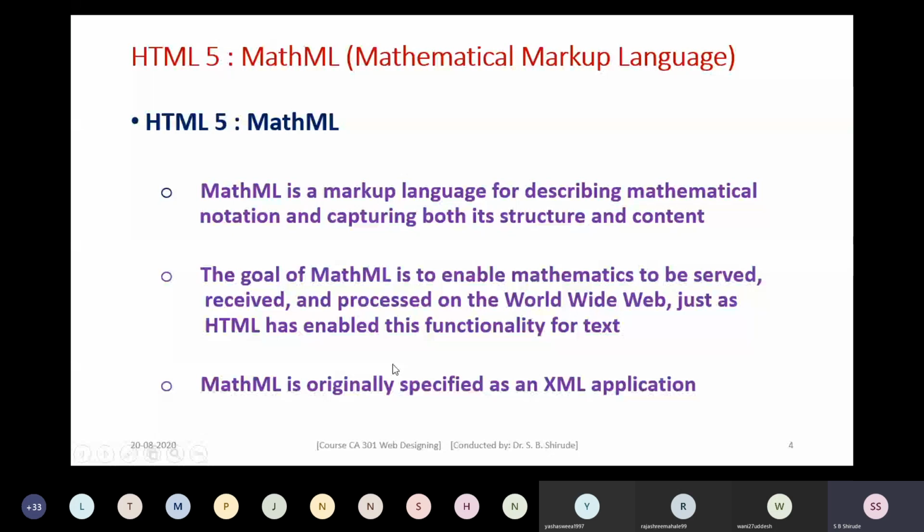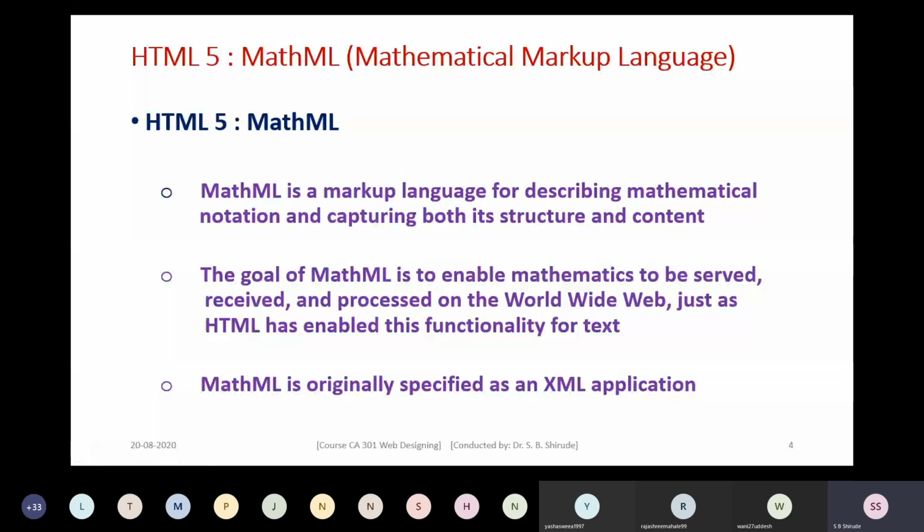So MathML is a markup language for describing mathematical notation and capturing both its structure and content. The goal of MathML is to enable mathematics to be served, received, and processed on the World Wide Web, just as HTML has enabled this functionality for text.